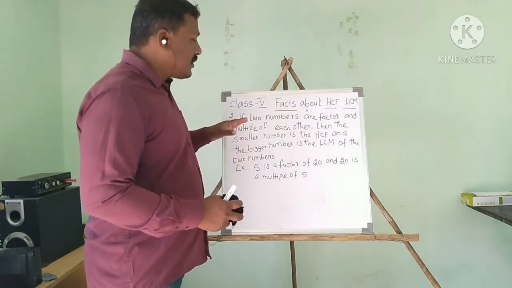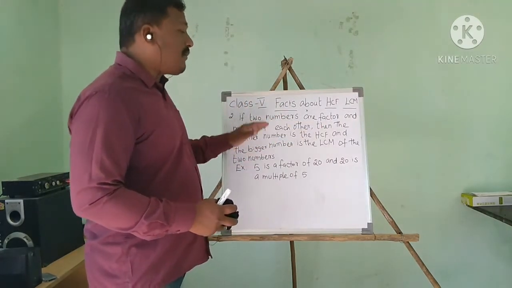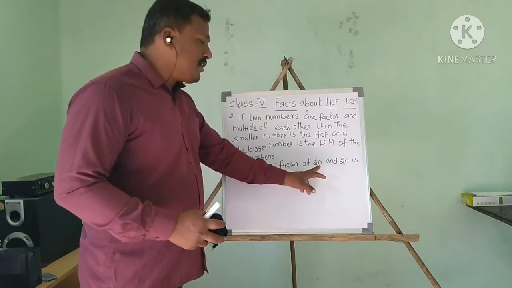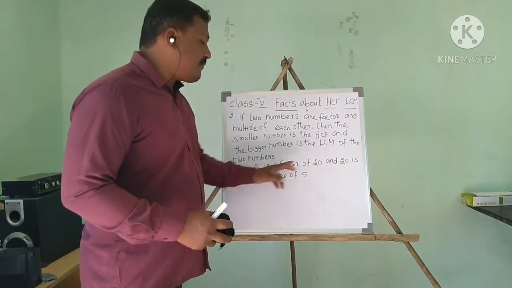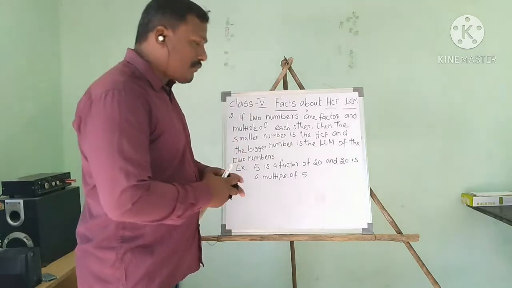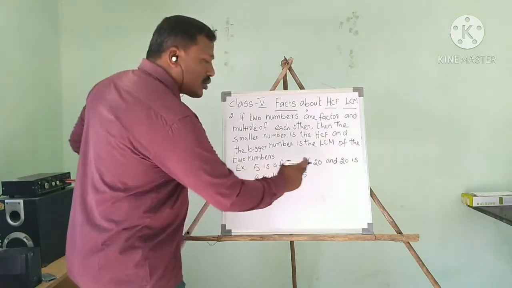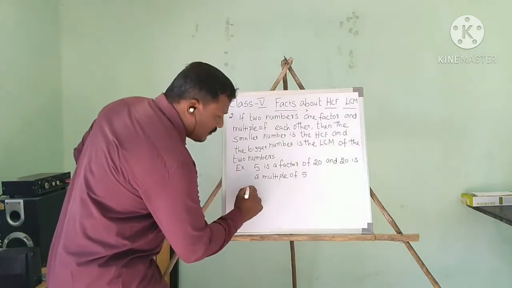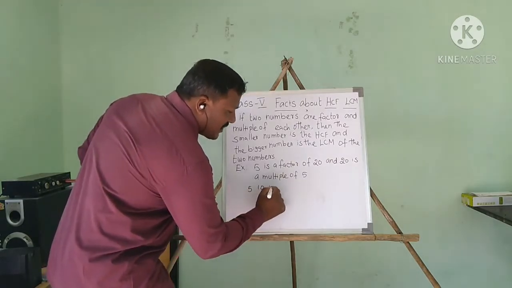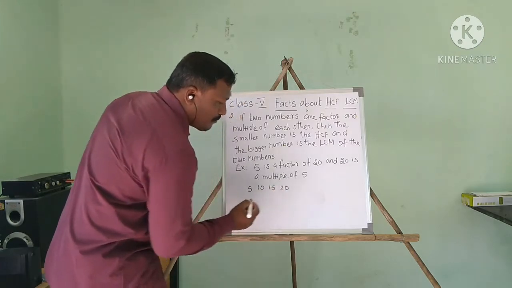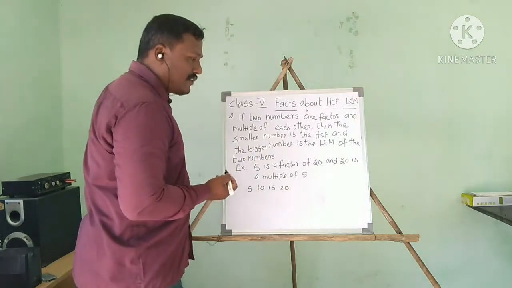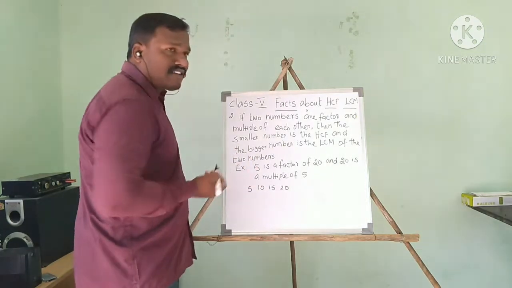So when two numbers are a factor and a multiple of each other, it means 20 is a multiple of 5, and 5 is a factor of 20. We know this very well. First I will tell you how 20 is the multiple of 5. 1 5 is 5, 2 5s are 10, 3 5s are 15, 4 5s are 20. So 20 is the multiple of 5. Okay. Now I will tell you how 5 is the factor of 20.